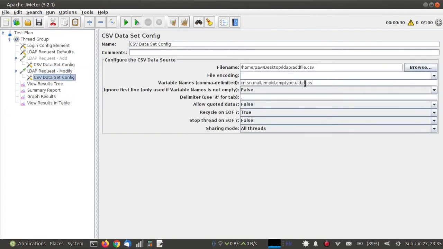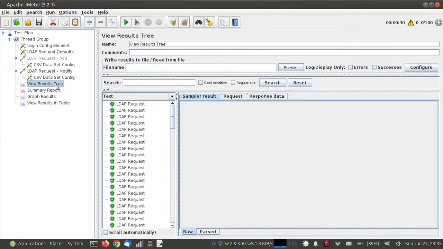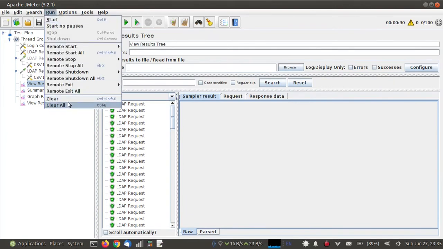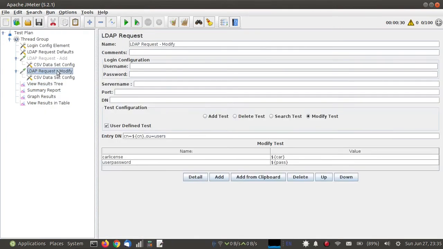Now in config dataset I need to add another column which we have just added, that is car, and we have changed the file name, that is modified.csv. Now I need to run the test plan again, but before I run, I want to tell you this organizational unit is users, because we are going to update all the users which are under this organizational unit.